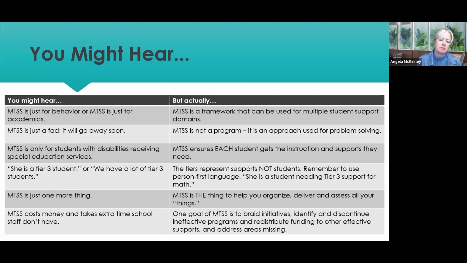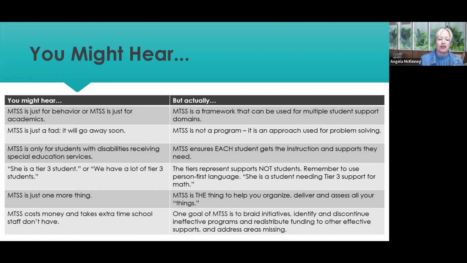I would say the biggest misconception, though, that it's not even on this chart, is the idea that this is just RTI with a new name, a new acronym. There is a little bit of truth to that. There really is. There are a lot of similarities. And I think if RTI had turned out to be what it was intended to be in the first place in Indiana, it would be very similar.